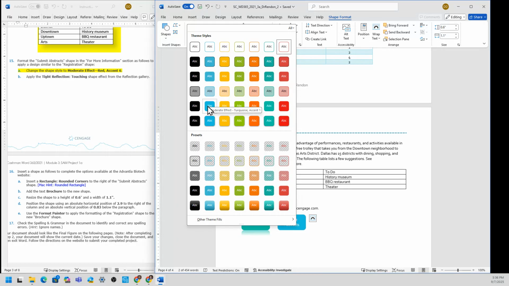Red accent 1. Turquoise. Red accent, is that correct? Moderate effect turquoise accent 6. So let me see. Moderate, that's intense. Moderate effect, red accent 6.